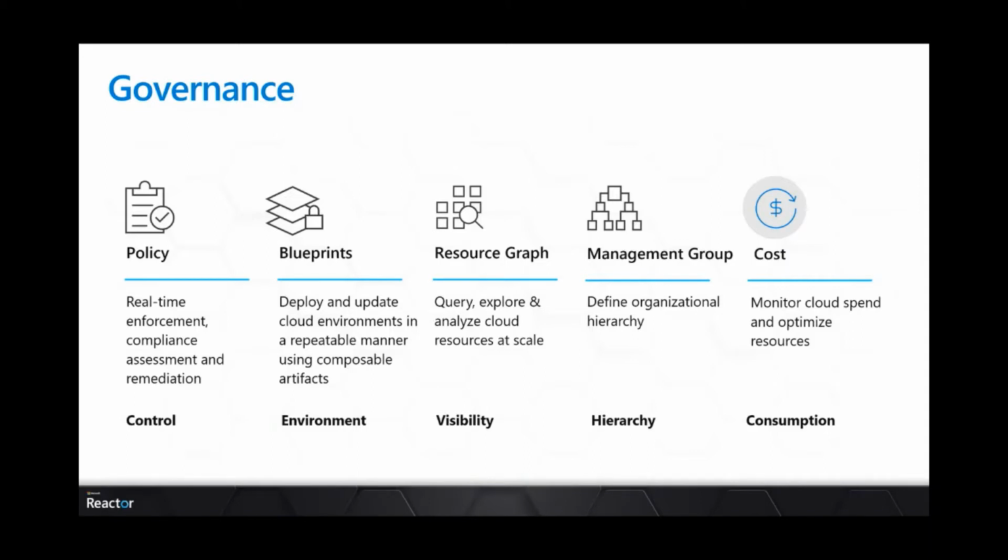Resource Graph is basically a service that lets you query all your resources across all your subscriptions. So you get a complete overview in terms of what you have. When your infrastructure grows over a period of time, where you have multiple subscriptions, and let's say different customers or different organizations within the company, each of them further has dev test environment, staging environment, production environment, and so on. It becomes pretty tough to take a look at all the resources that are available across all the subscriptions. And this is where a service like Resource Graph helps you query and explore all your resources at scale,